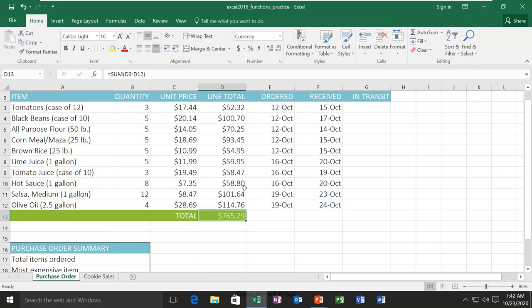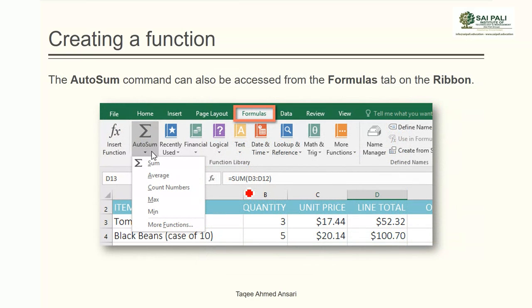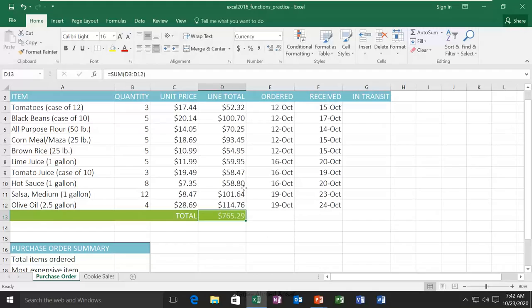It selects the range automatically, but in case it does not select automatically, then what? We should select manually. That means we should give the range argument manually. Suppose I don't want to calculate this one, I want to calculate this one, or maybe I don't want to calculate in this cell, I want to calculate in this cell.